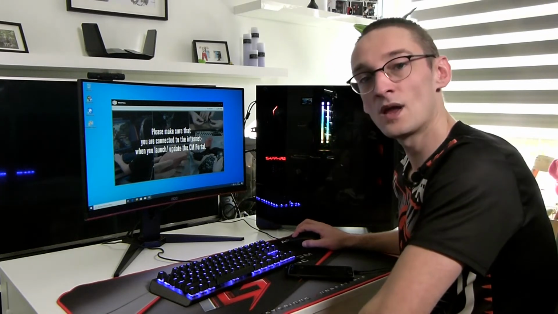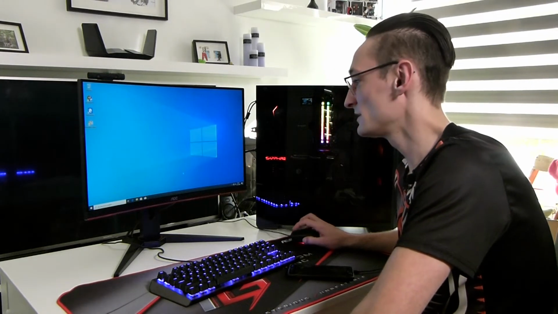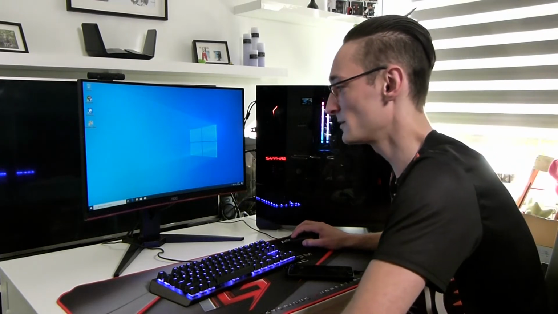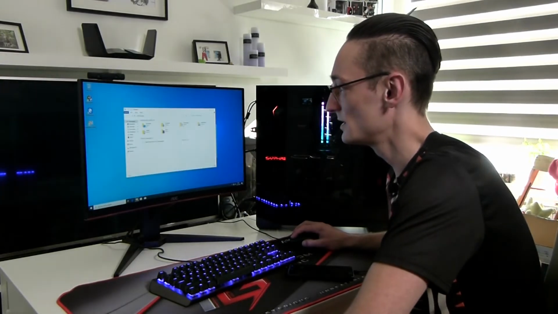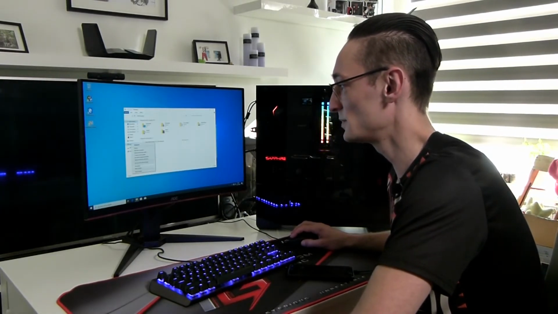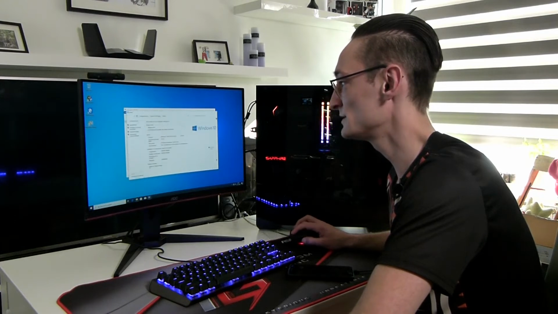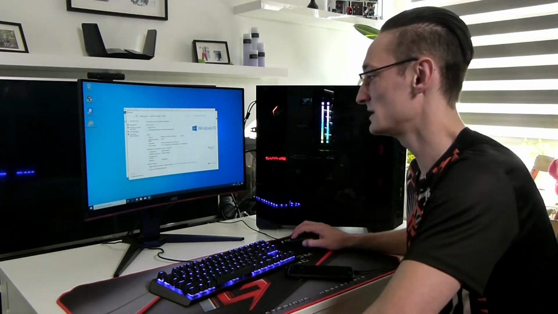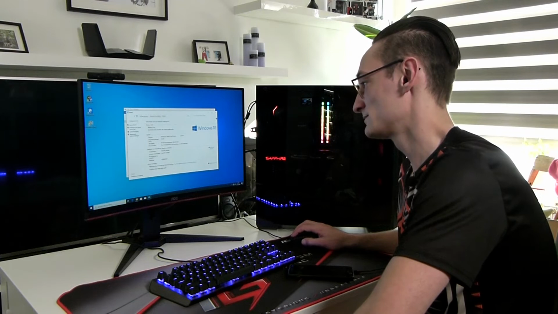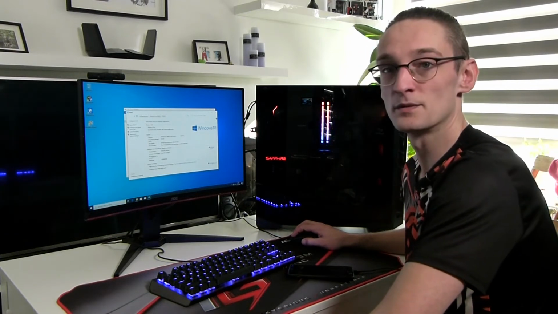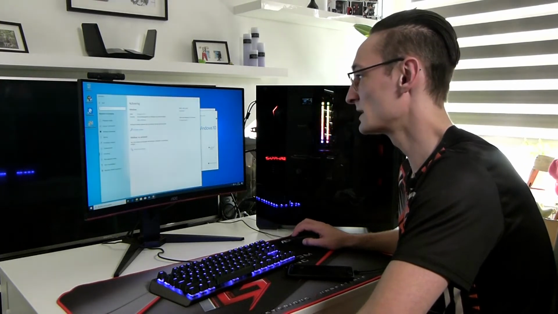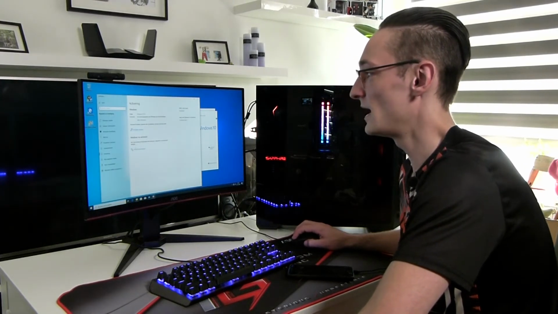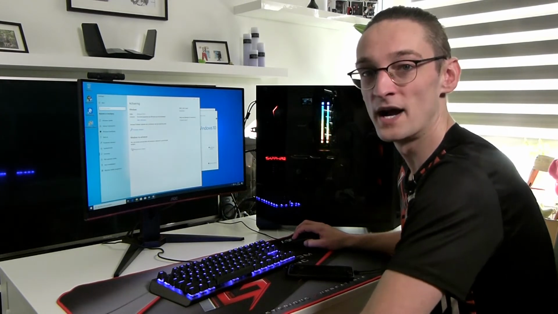Okay, now that these things are done, I'm going to show you how to activate Windows. So what we do is we go to This PC, Properties, and here you can see the Windows activation button in the right hand corner. So I'm going to click that. I want to adjust my product key,